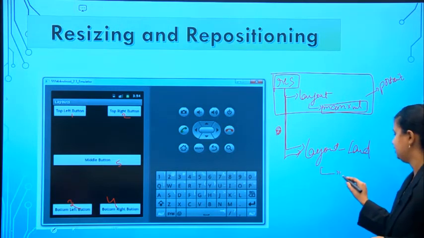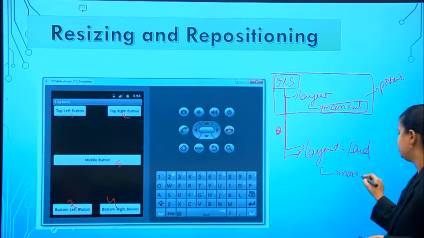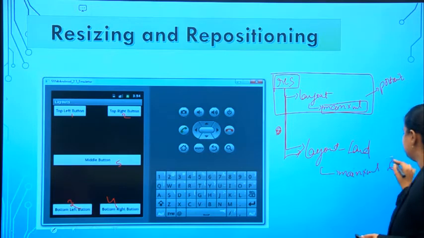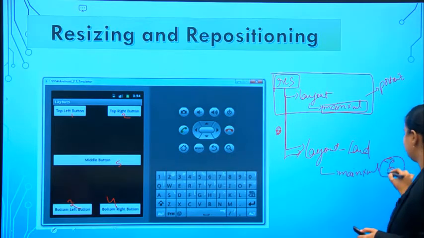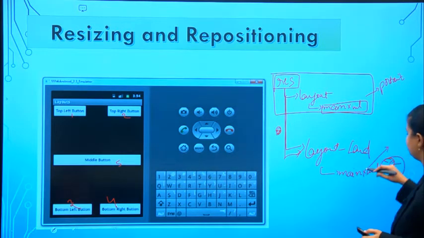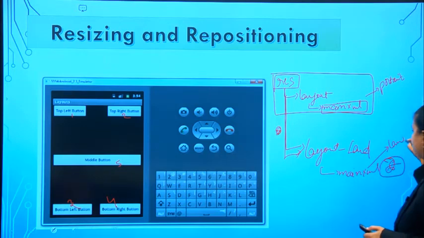In that we have to maintain another main.xml, which contains 6 buttons, and this main.xml will correspond to your landscape mode.